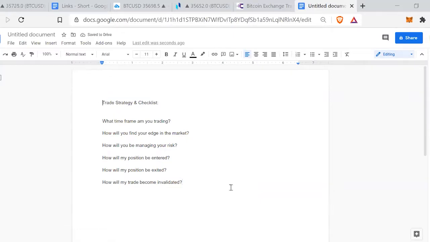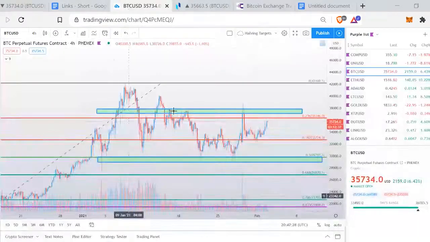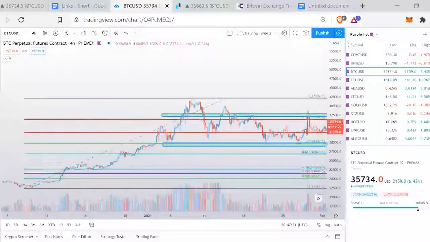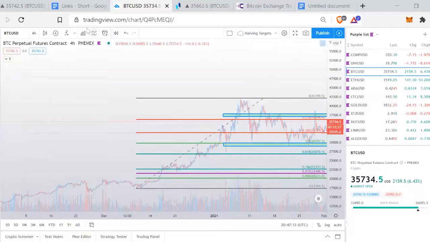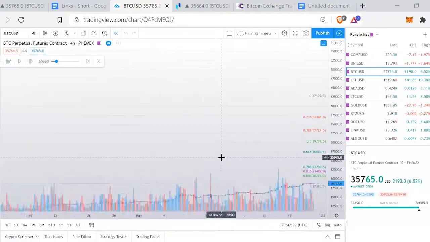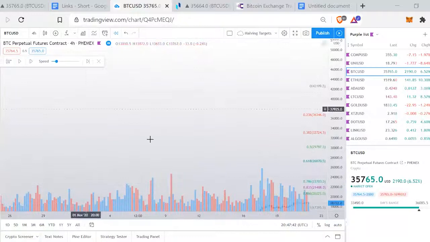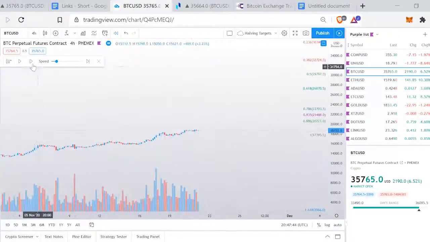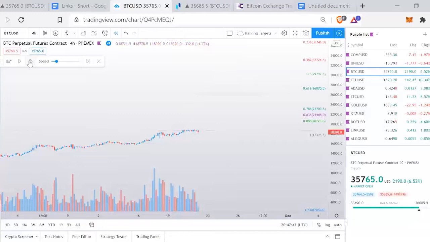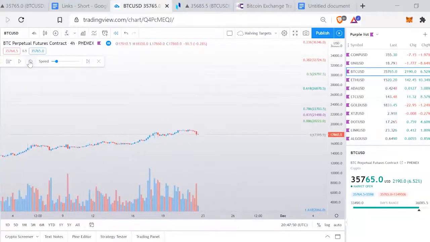I do recommend everybody at least taking this, writing it down in your notebook, or having this in your notes somewhere, whether it's on your computer or phone, but do write down the strategy. Test this out as well. You have a lot of tools in TradingView where you can play back history. For example, I can click on this bar replay and go back to here, and all of a sudden it deletes all the history moving forward from here, and we can slowly add candles to our strategy,